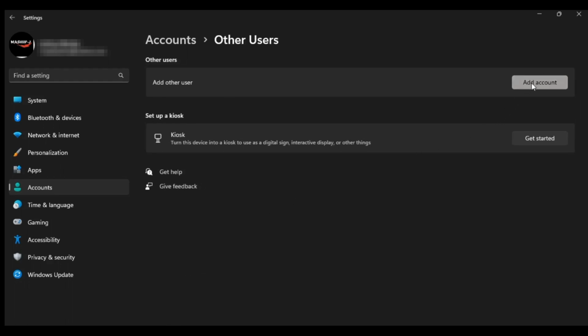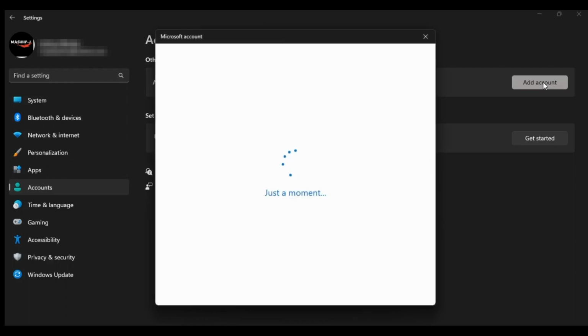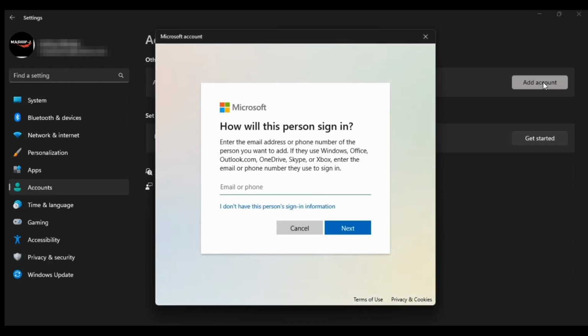You're going to navigate to this button, add an account. Click add an account, and we'll be prompted to add another email address, but remember, we do not want to give any information. So we are going to navigate to this link, I do not have this person's sign-in information. We're going to click that link,